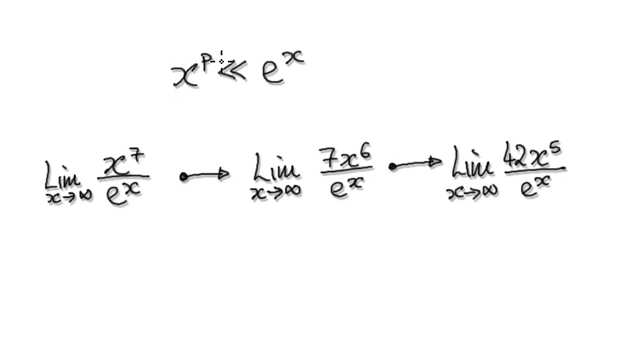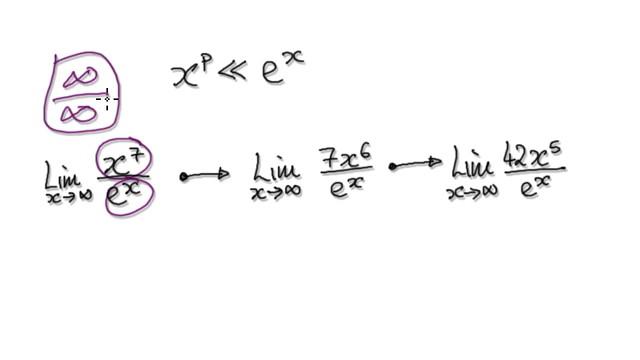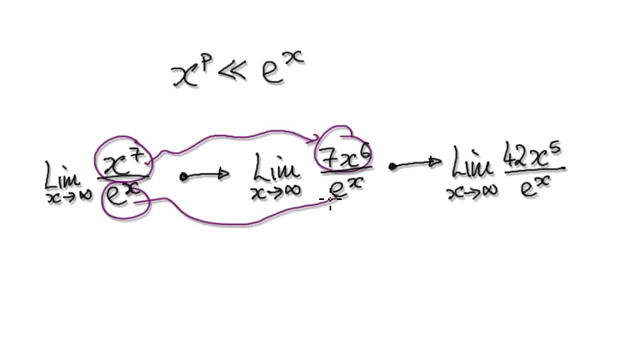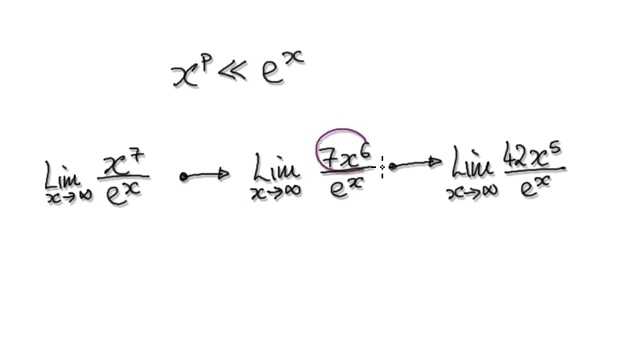Let's say this p is 7. So x to the power of 7 versus e to the power of x. As x tends to infinity, this thing is infinity, this thing is infinity, so you've got infinity over infinity, and you can use L'Hopital's rule. Differentiate this, that will give you this, differentiate this, it remains the same. And then you check it again, as x tends to infinity, you're going to get infinity over infinity. So you can apply L'Hopital's rule again,